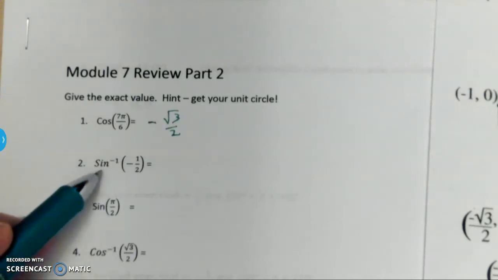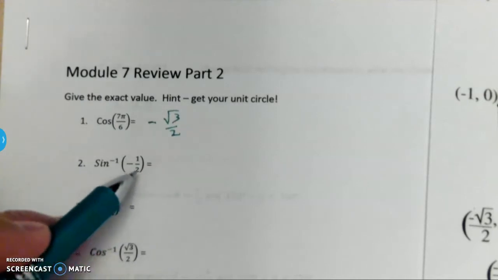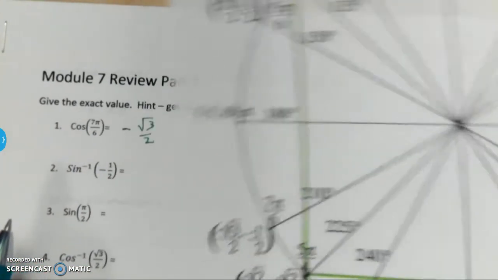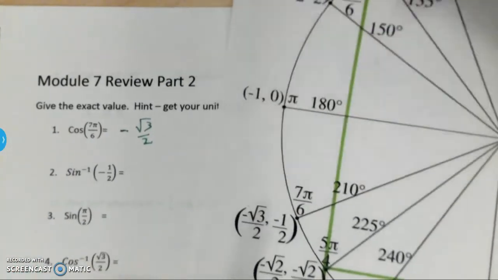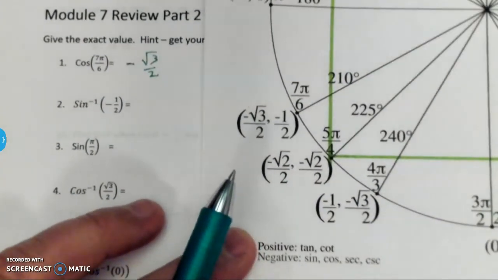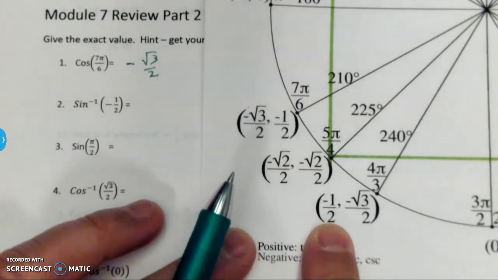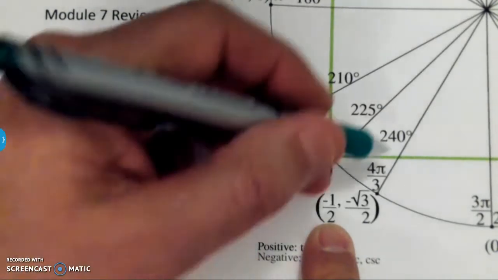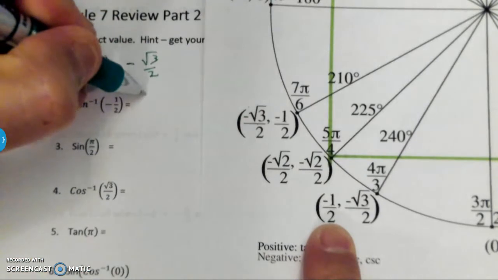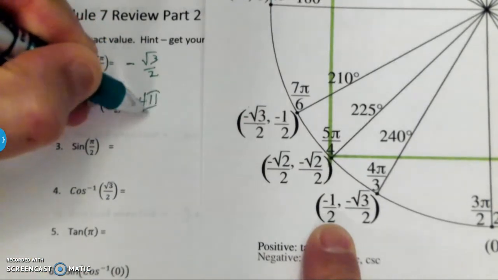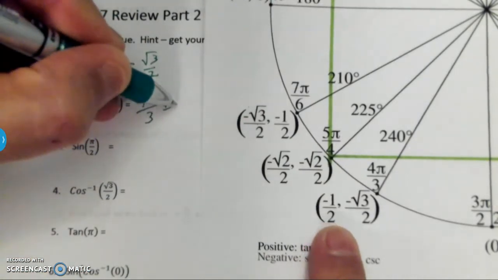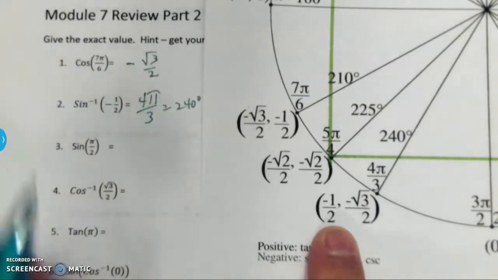Sine is going to be the y coordinate, so you're looking for a y coordinate of negative 1/2. If you get back here, there's a y coordinate of negative 1/2. That's at